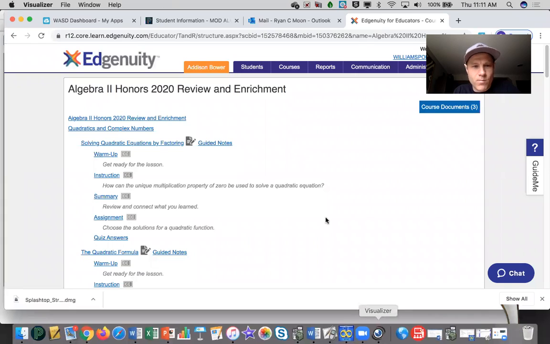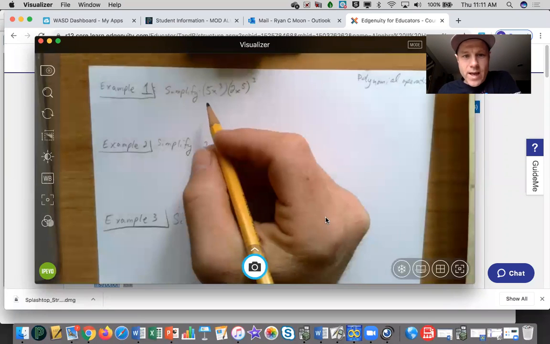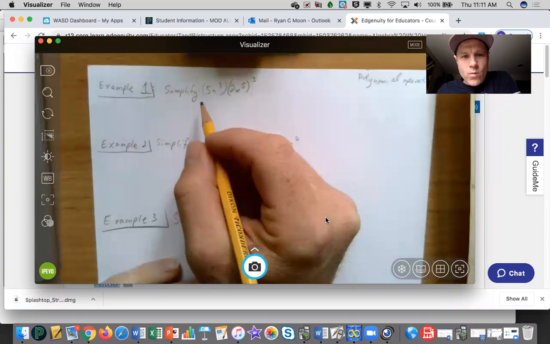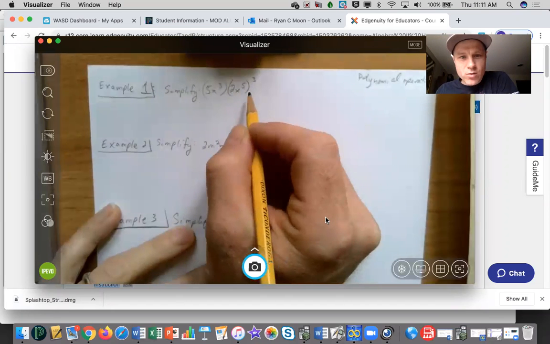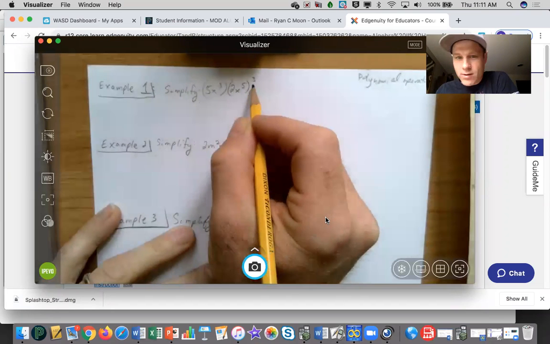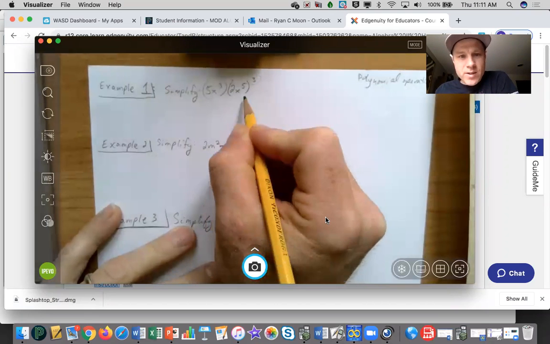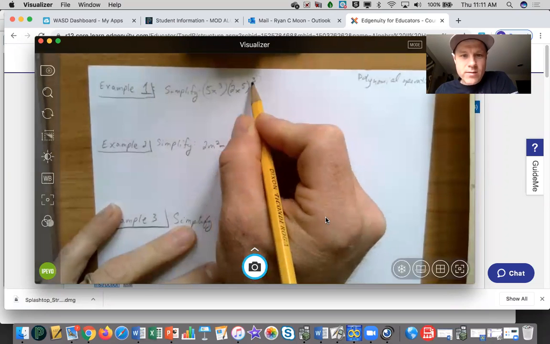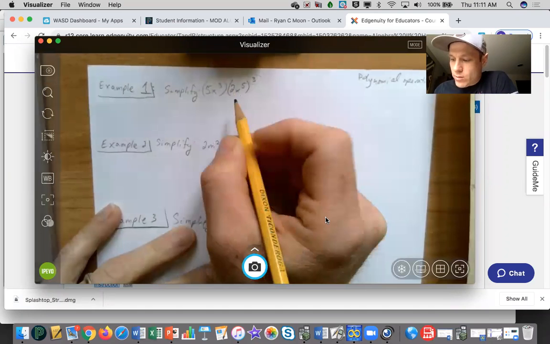So let me share these questions with you and we'll go over them. You can see the first example here has 5x cubed times quantity 2x to the 5th, and that quantity is being cubed. So the first thing you want to do is definitely take care of this exponent right here. When we cube it, one of the common mistakes that will happen is they forget to cube the 2. So when you do the 2 cubed, you'll rewrite,